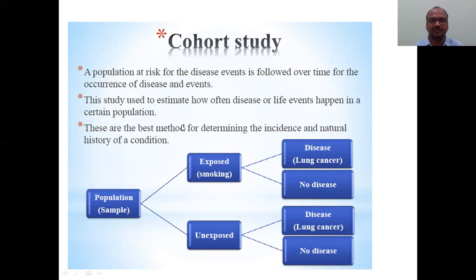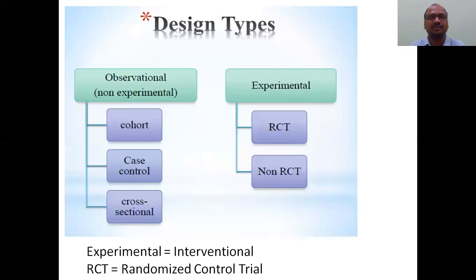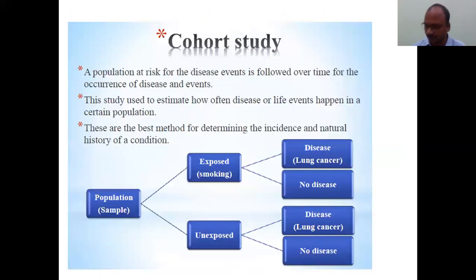Now you come to the cohort studies. This cohort study comes under what? I have already told you where it comes. Observational. See the first one, cohort studies, comes under observational. Okay. So here I will take one best example for you. First of all, we will see what this table is, cohort studies. Later we will see all these three lines so that we can understand easily. So first I will explain the diagram.